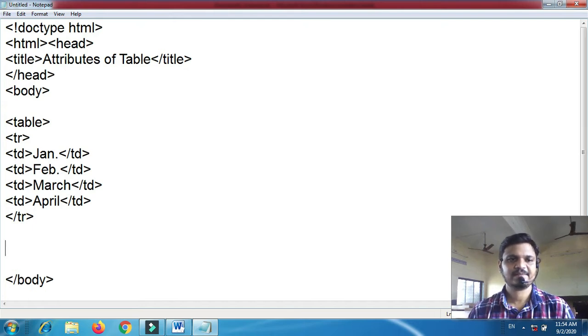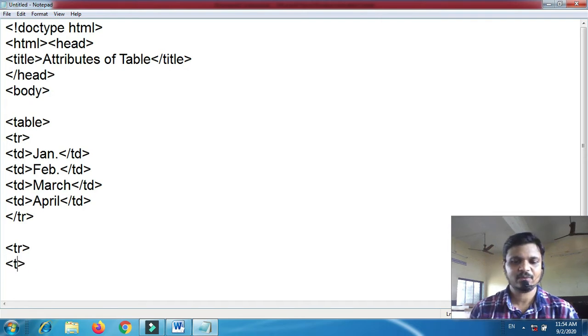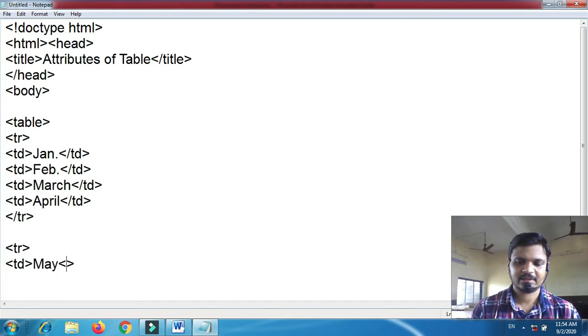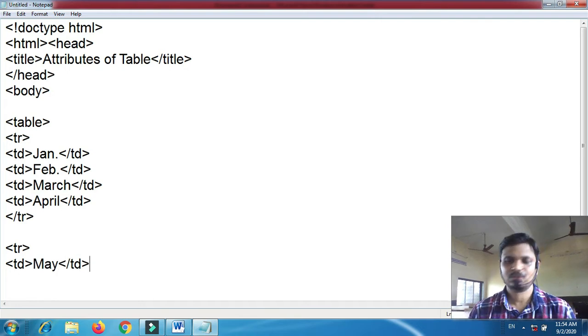Tr means table row. Okay, next if I want to add another row, then again the same procedure. Again I have to add the tr tag. Okay, tr tag open, then td open. Next month name is May, td tag close. The next td tag open.